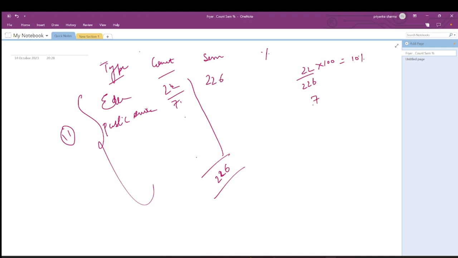The another value is 7. When you divide this by 2 to 6 and multiply this by 100, you're going to get something like 3%, because this is 0.03. Okay, now the next value, if you divide, you will get something around so and so. And when you add all these 11 percentage values, you should get 100%. Okay, this is how it works.